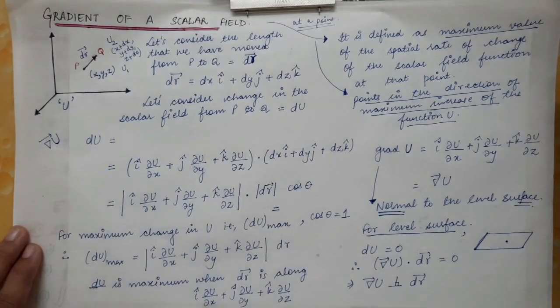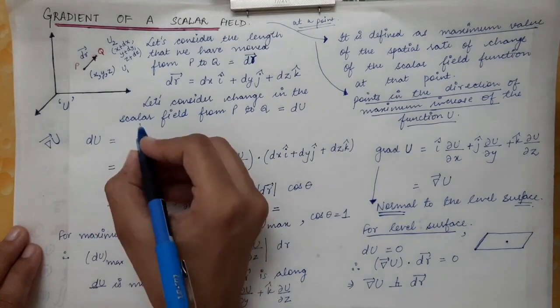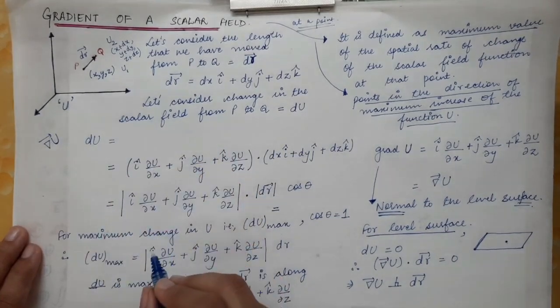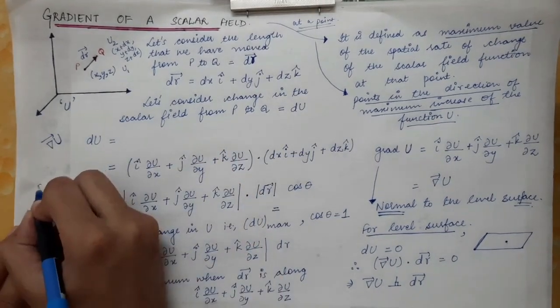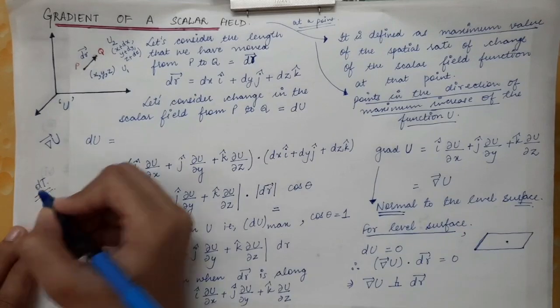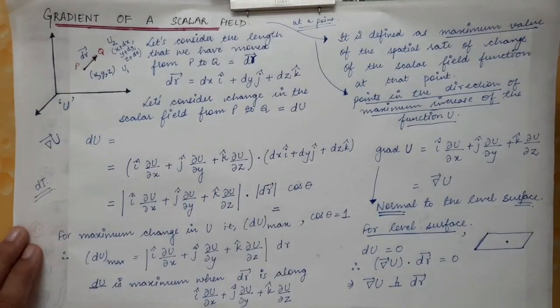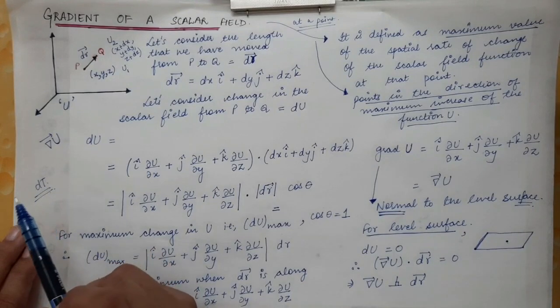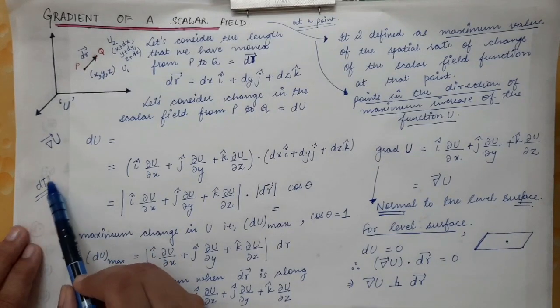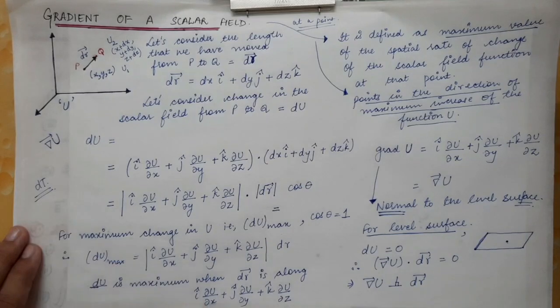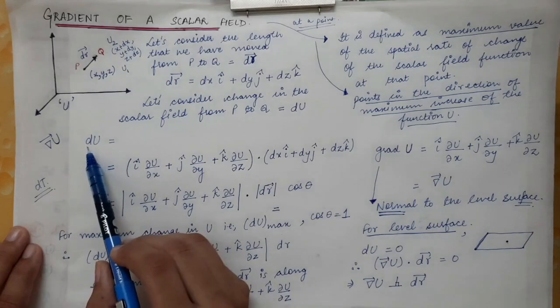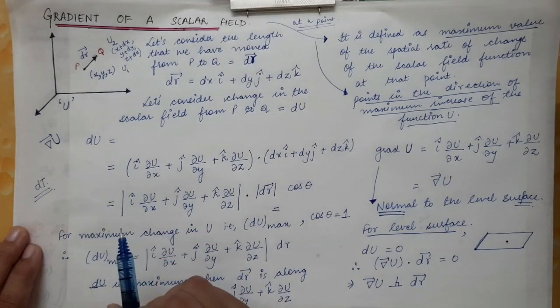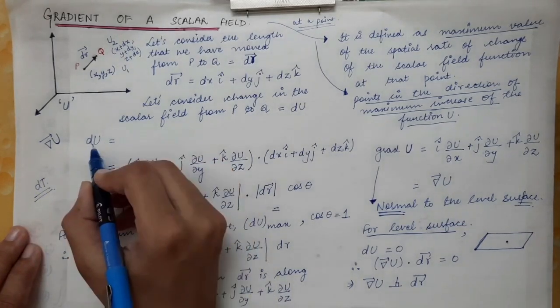Now this change in the scalar function is given by, we have already done the expression of du. When we were writing the formulas for derivatives, we wrote the small change in the scalar function. Similarly, du can also be written in that form, and that form of du